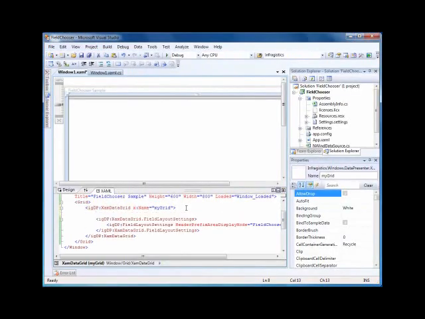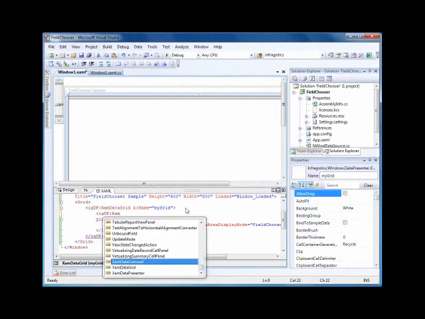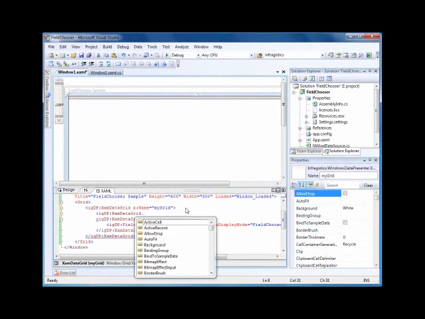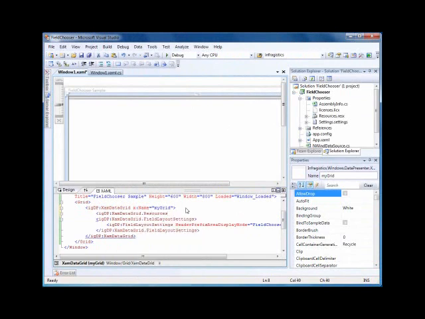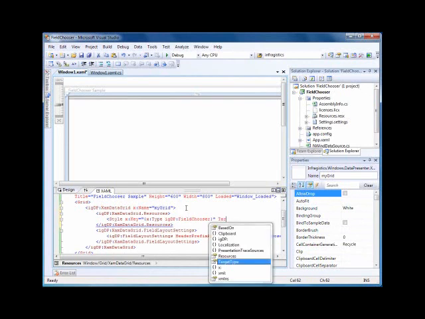Let's jump back into some code and display it as the same order as displayed in the data presenter itself. We'll start by adding the xamDataGrid.Resources. This way we can add a style. The style that we're going to be targeting is of type Field Chooser. The Field Chooser will allow us to do anything from changing the way it looks to actually changing some of the functionality. So after we do this, Field Chooser, type Field Chooser,